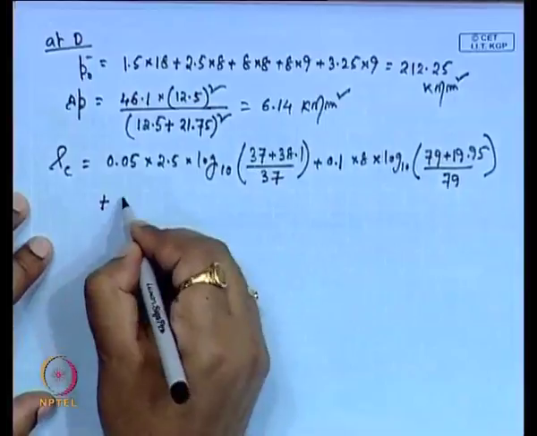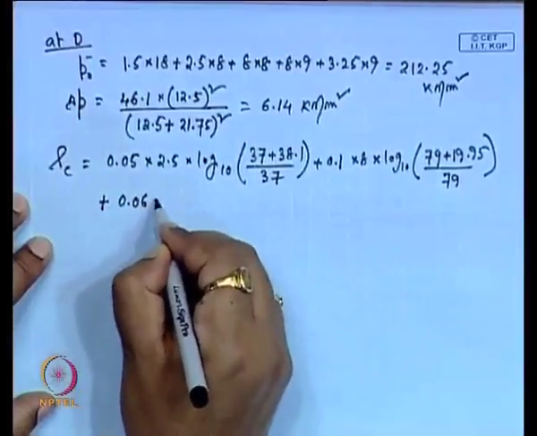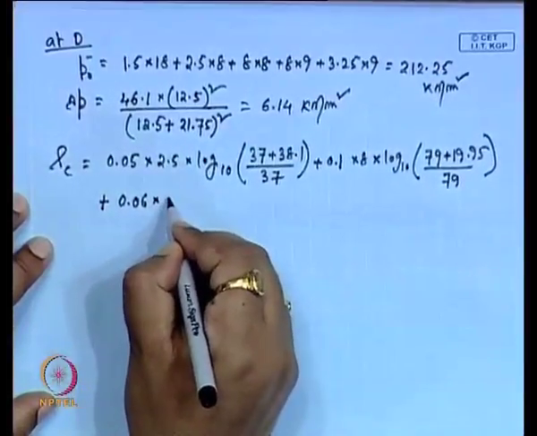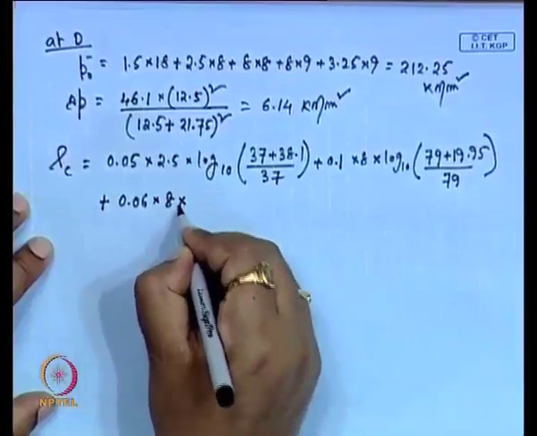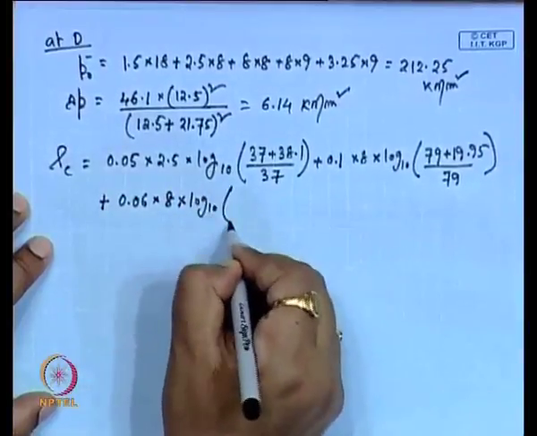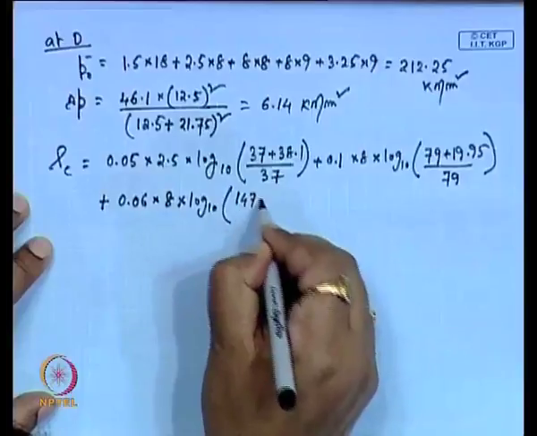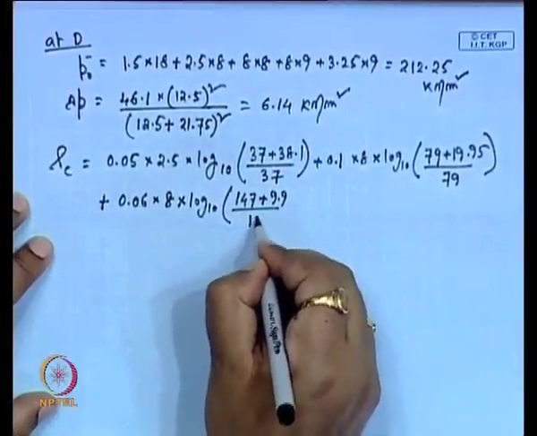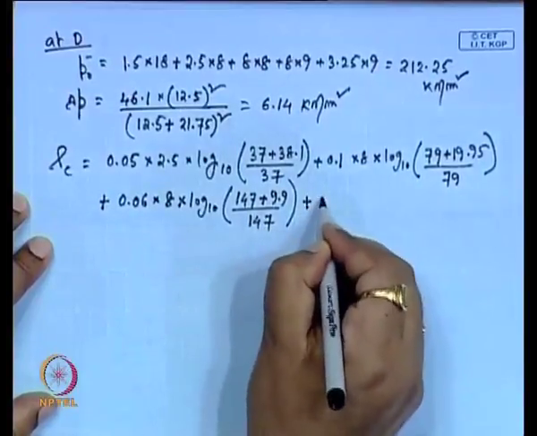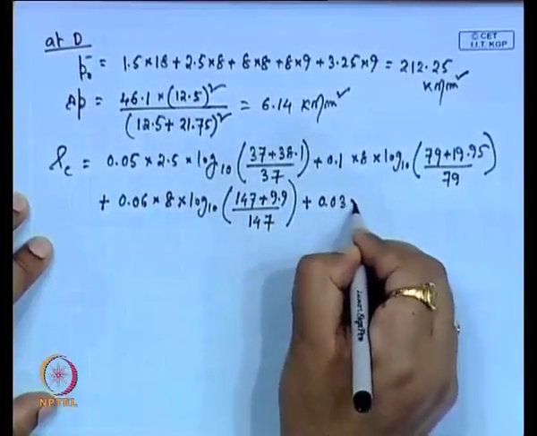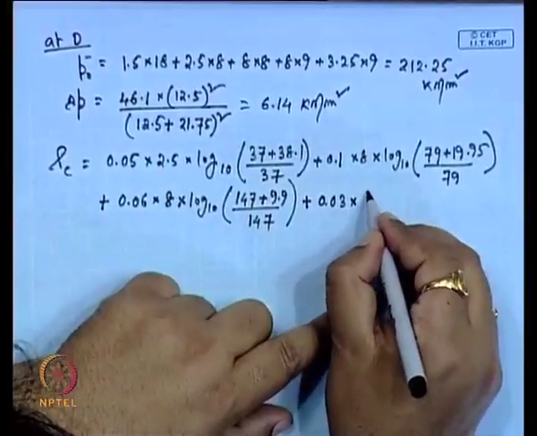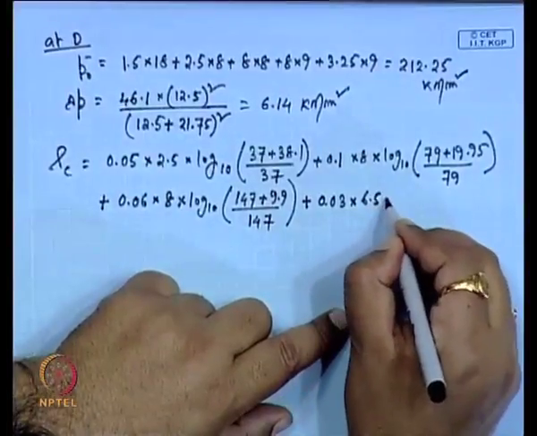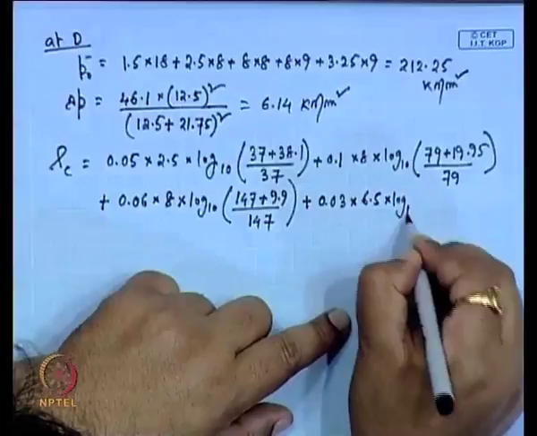For the third layer, this 0.06 is Cc, plus 1 by 1 plus E0, into 8 is the thickness of the layer, then log 10, 147 plus 9.9 divided by 147. For the fourth layer, Cc is 0.03 and the fourth layer influence zone thickness is 6.5, not the total thickness. So, this is log 10,